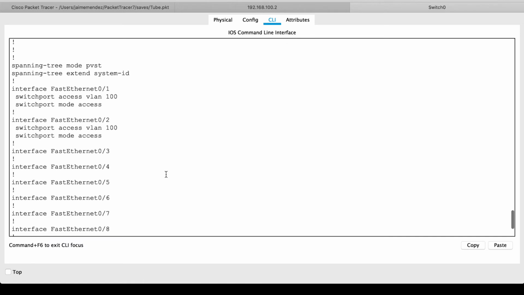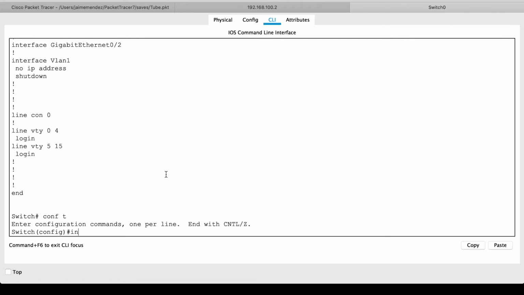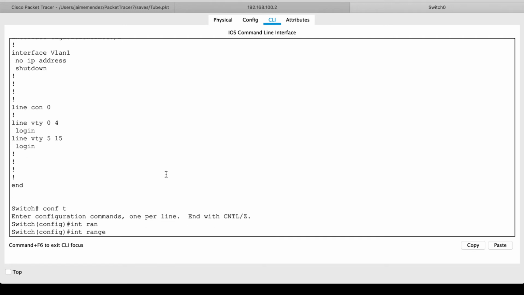So we go to global config again, conf t for configure terminal. Interface, and something that we can do is say range. You know how I just previously configured one interface and then the other interface? We can just say range, and then FA0/3 and then a comma and then FA0/4, and now we're going to configure both of these interfaces at the same time. You should only do this if you want to configure the exact same thing for both interfaces. You can do all 24 interfaces on a switch, but just know that they're all going to have the